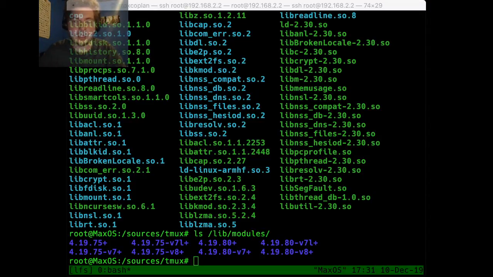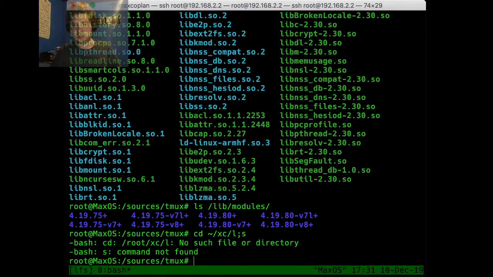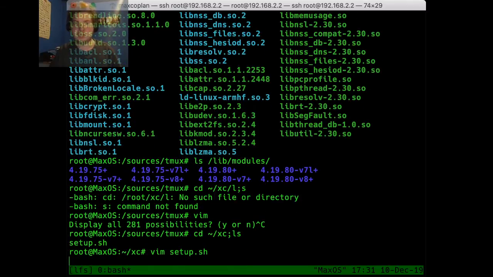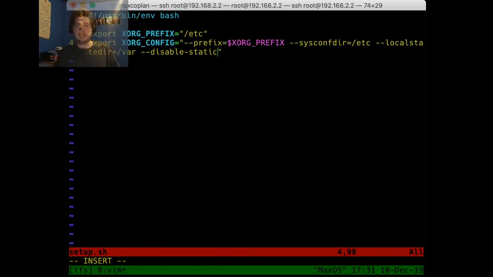So now let's try to get X back working. To do that, I'm gonna go to... Oh my gosh, I cannot type. Disable static.